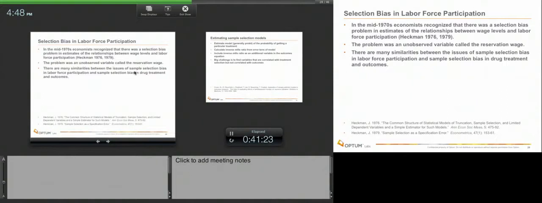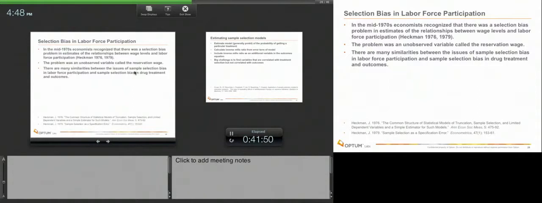wrestling with these discrete choice problems where you've got 0/1s for a dependent variable, somebody gets a drug or not. You've got lots and lots of data, a lot of variables. And those are not the simple ordinary least squares problems. But they were very similar. These outcomes research questions were very similar to the problems that economists were wrestling with in the labor economics literature